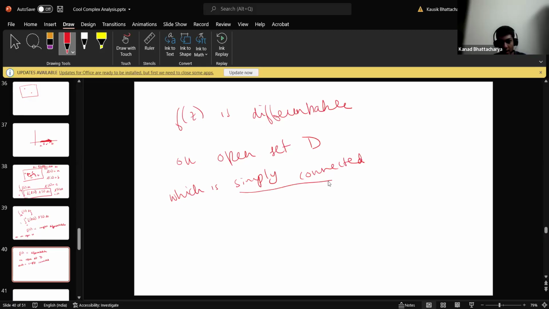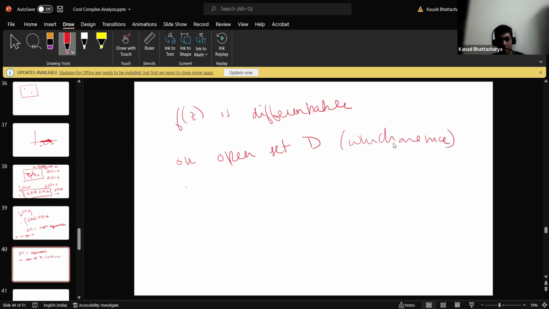I'm not telling what simply connected means. Actually, there are a lot of kinds of domains where you can do this. So just think of them as sufficiently nice domains with no holes, so to say. So I'm just going to remove this altogether. So if a function on open sets which are nice, I'll just write it like this: